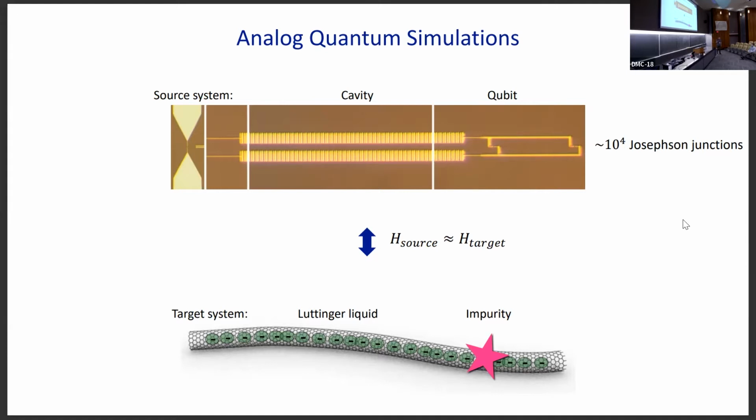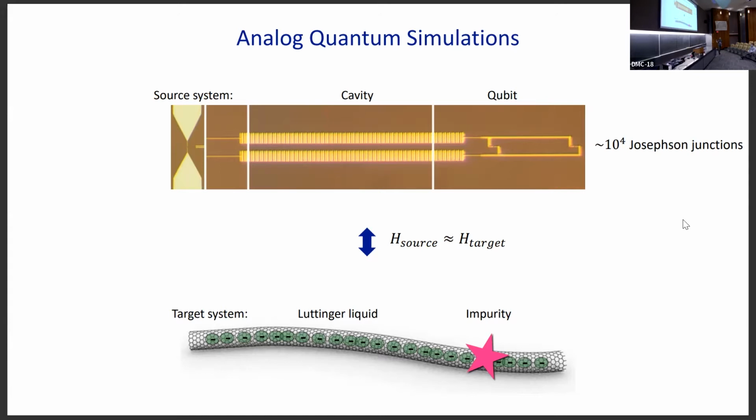And an advantage of such an approach is that, compared, for example, to universal quantum simulations on a universal quantum computer, we can make our circuits very large. Like, it may contain 10 to the 4 or even more elements, but of course, the price is the loss of some universality, and we need to build these circuits for each problem again and again.